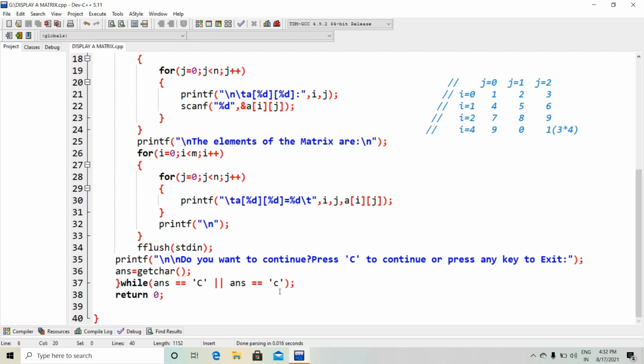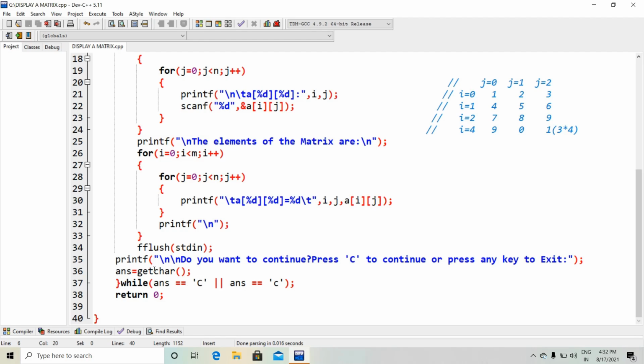You don't need to close the output screen and execute and run the whole program again. If you write anything else, capital Y or small y, the condition is answer equal to capital C or small c.